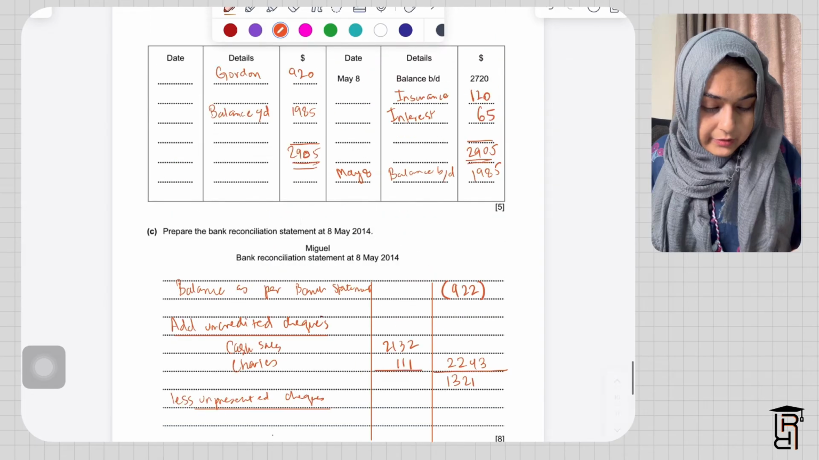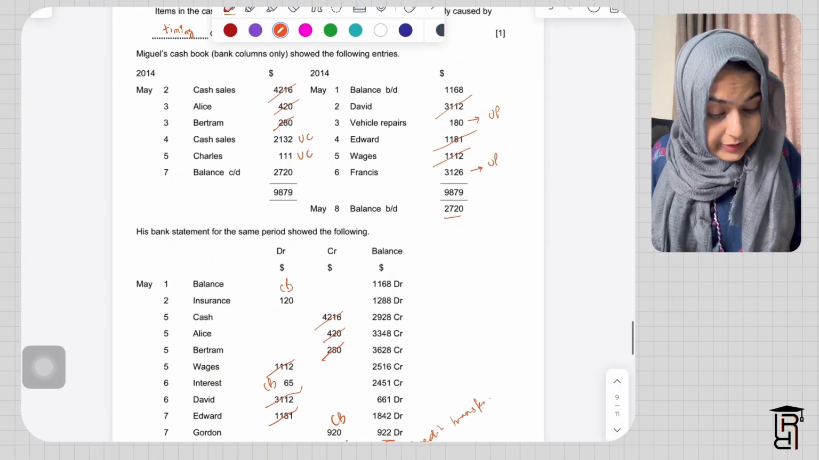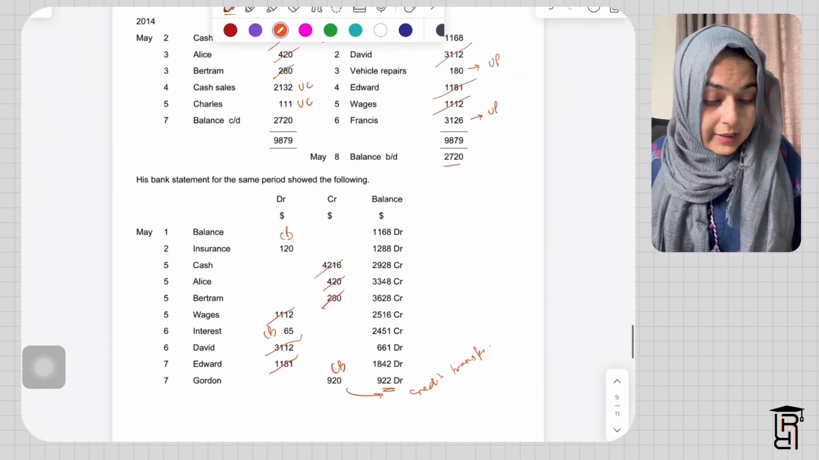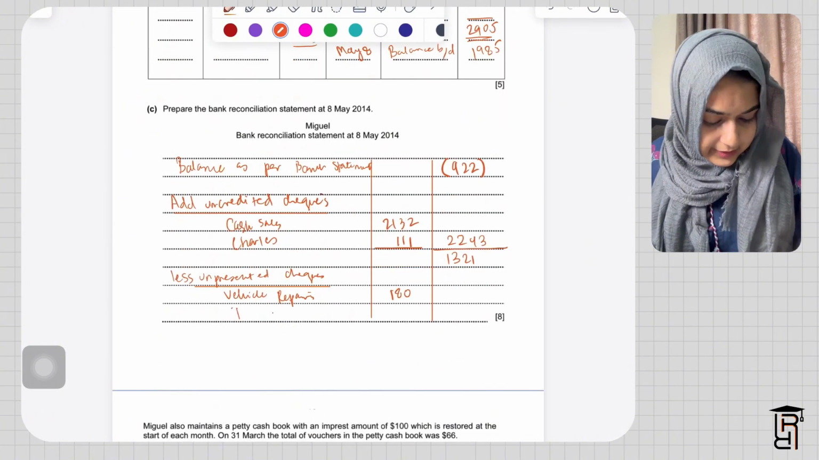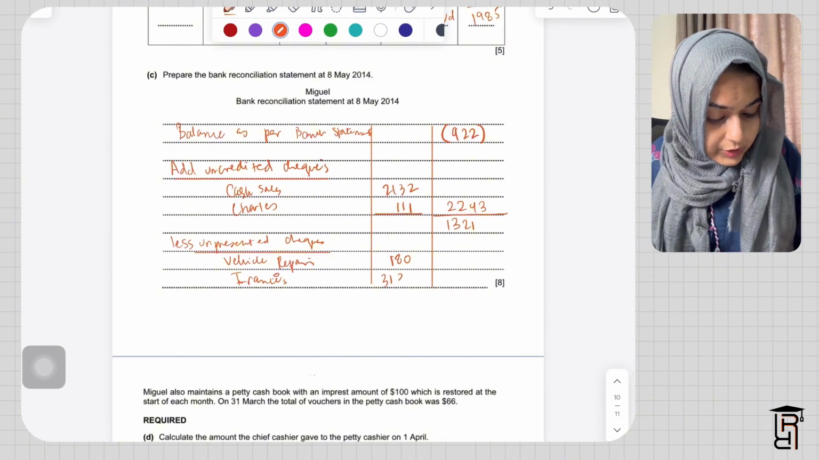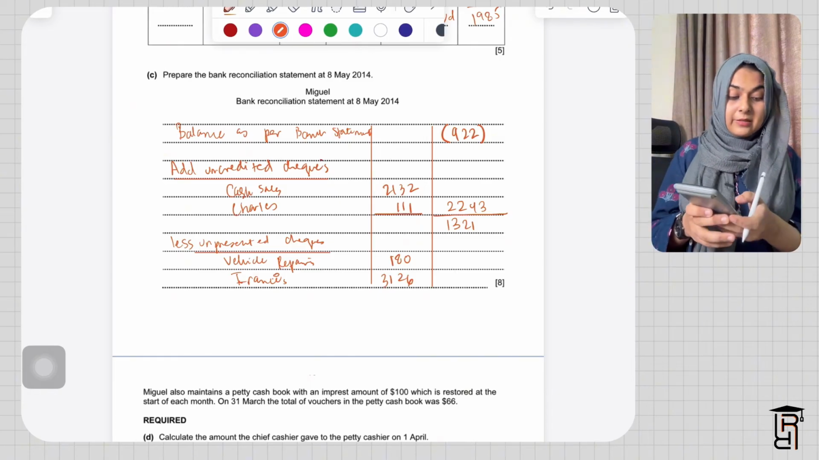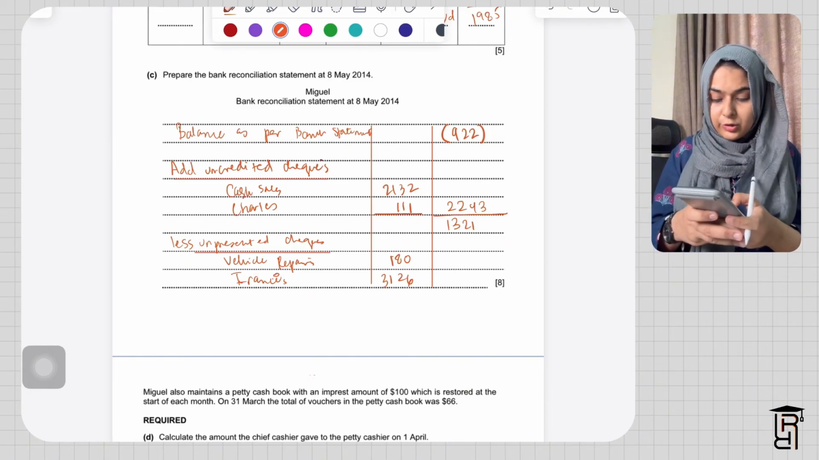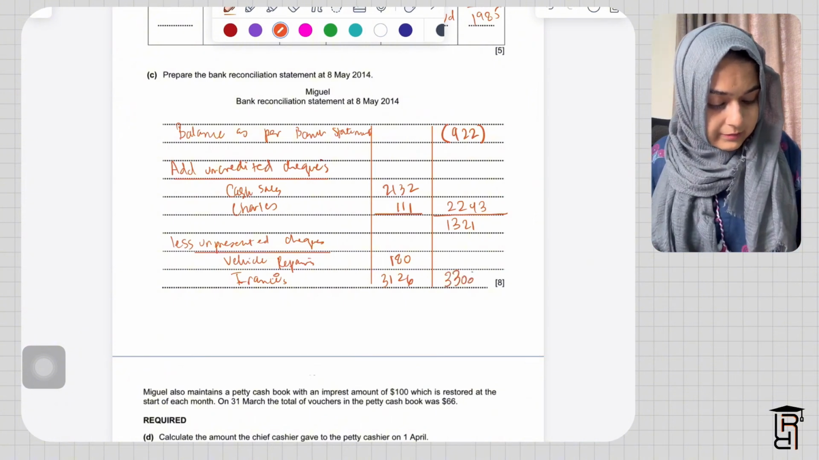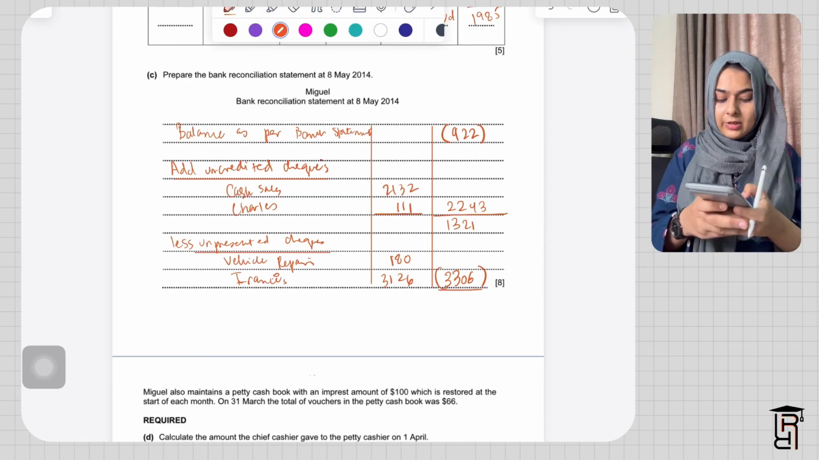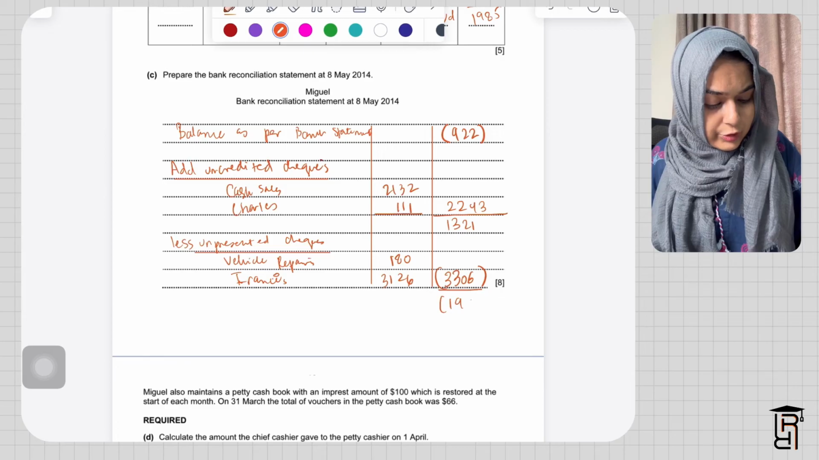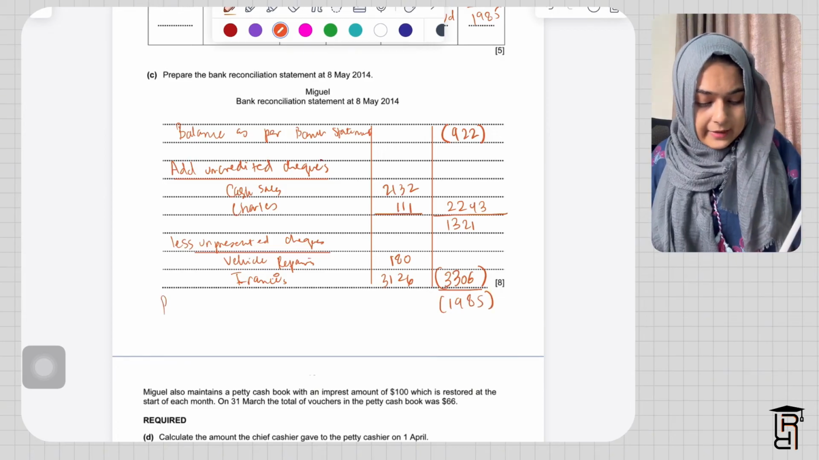and then I'll write here less unpresented checks, and unpresented checks I'm going to subtract. So unpresented checks are two here. There's vehicle repairs and there's a check to Francis. So I'll write here vehicle repairs, and I'll write here 180, and I'll write here Francis, and I will write here 3126, which will also be subtracted. So 180 plus 3126 gives me 3306. This is going to be subtracted, 3306. So I'll write here 1321 minus 3306 is going to give me 1985 negative,